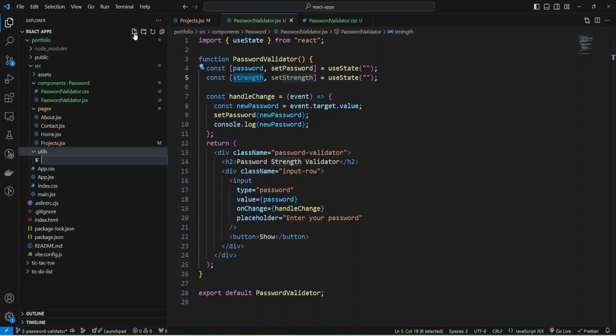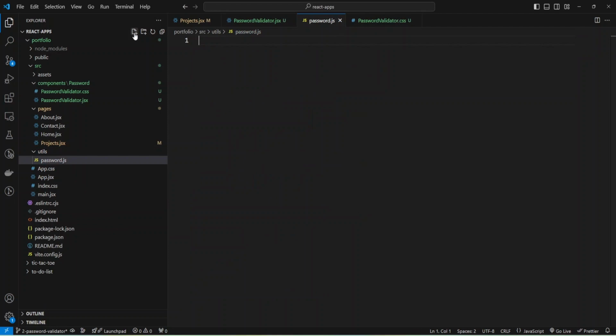I'm going to add new file, password.js, and write my function to check password strength, and it will be export const and provide name evaluate password strength,